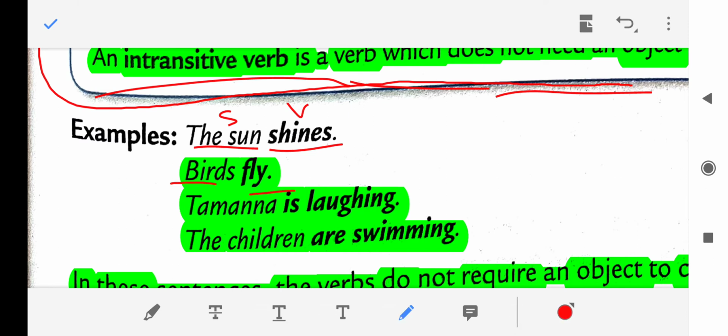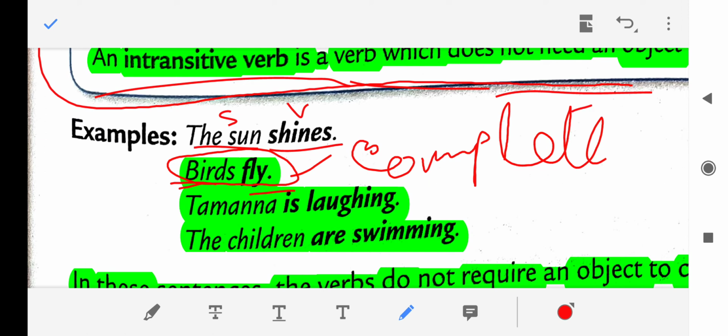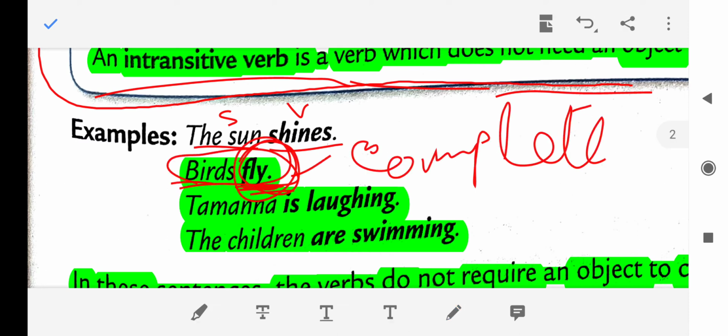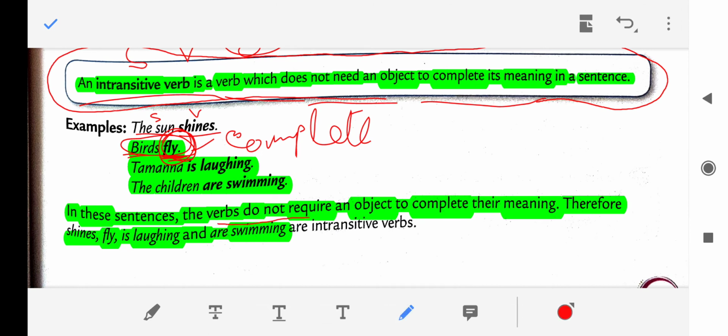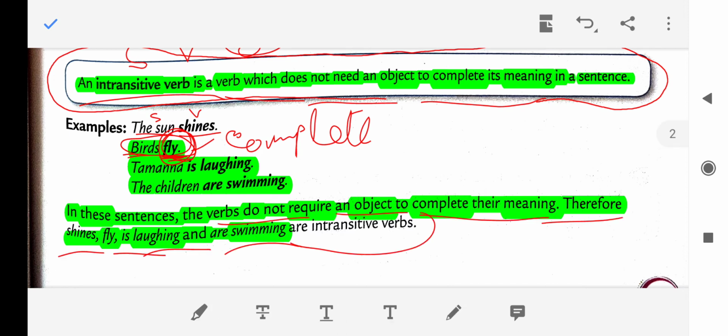Birds fly. What are the birds doing? They are flying. The meaning of the sentence is complete in itself. Okay, so the verb fly doesn't need any kind of object to complete its meaning. So it is an intransitive verb. In these sentences, the verbs do not require an object to complete their meaning. Therefore, shines, fly, is laughing, are swimming are intransitive verbs. Okay, now